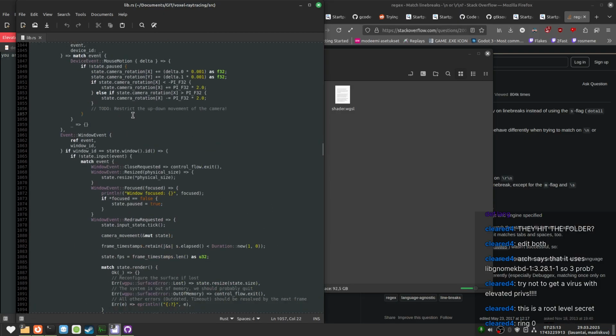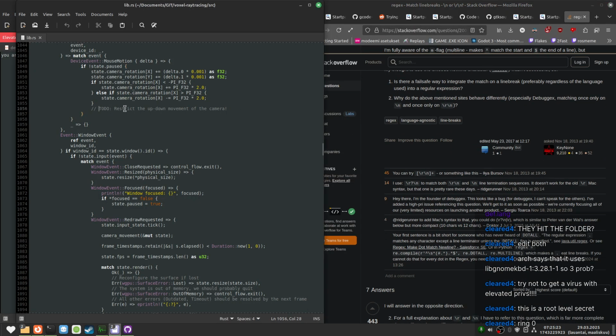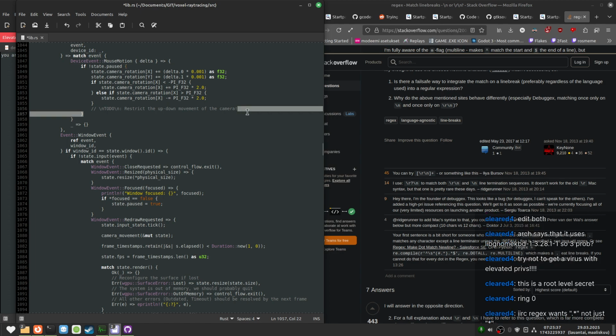And now it doesn't highlight at all. So we at least changed something. We did change something, right? Okay, I think it might just be invalid regex or something. Okay, FIXME still works.